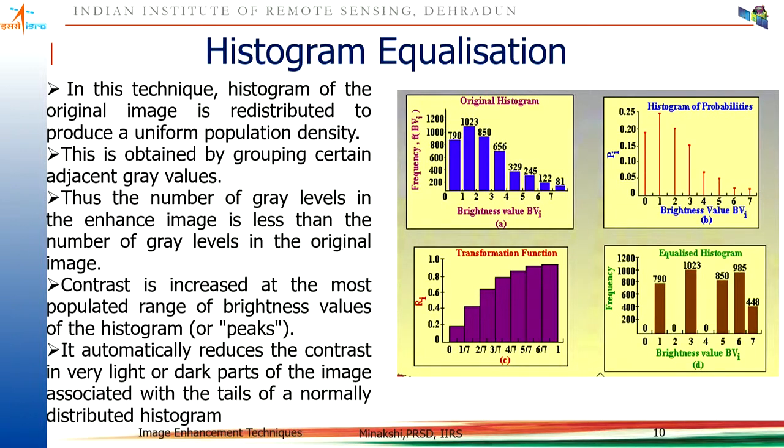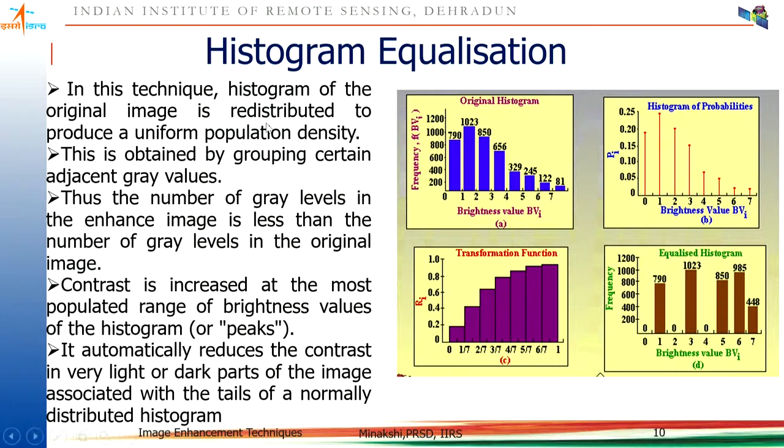Now, I also mentioned that y is equal to f(x). This transformation function could be mathematical, like in the previous slide, logarithmic, square, square root, cube, cube root, or statistical. So histogram equalization is one of the very commonly used statistical techniques to improve the overall contrast range. Now the name indicates what we are doing in this. The histogram of the original image is redistributed so that all DN values have the same frequency. They have the same population density.